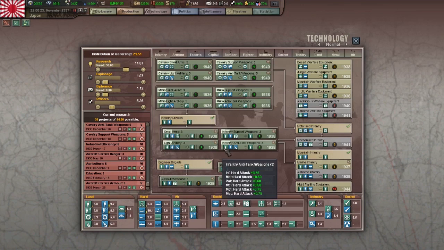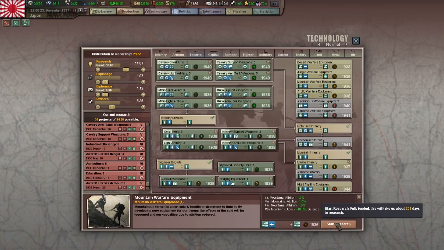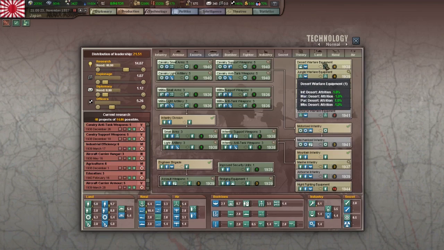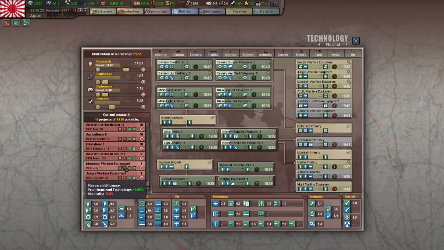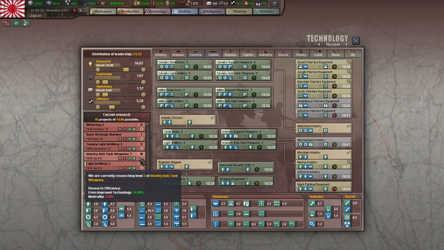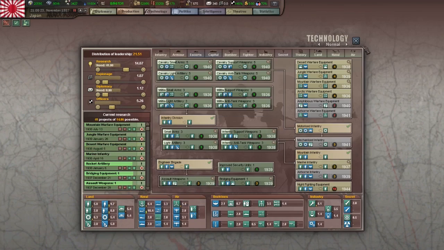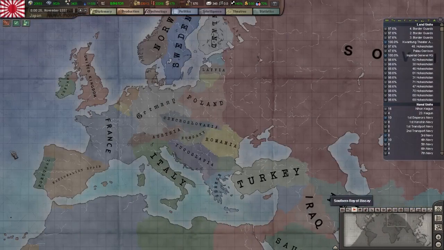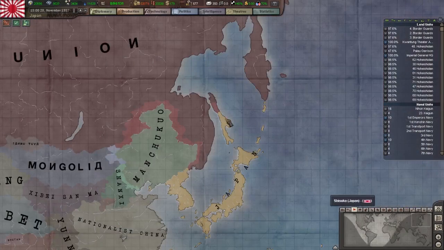We gotta focus on making our infantry so incredibly elite. Yes, mountain warfare equipment. Jungle warfare equipment. We're not going to be messing in the... well, I guess desert. There is some desert in China. It'll be a while before we head into the Middle East. For Russia, when Germany starts going full out on Russia, hopefully we can...